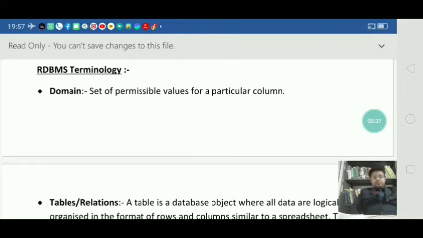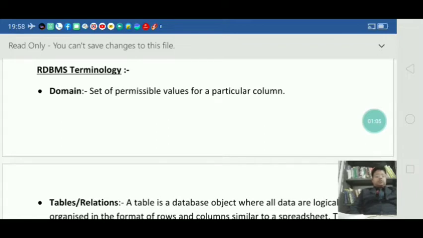Okay? So today in this video lecture, we will discuss DBMS terminology. That means some terms that we use frequently while using RDBMS, that is, a Relational Database Management System.